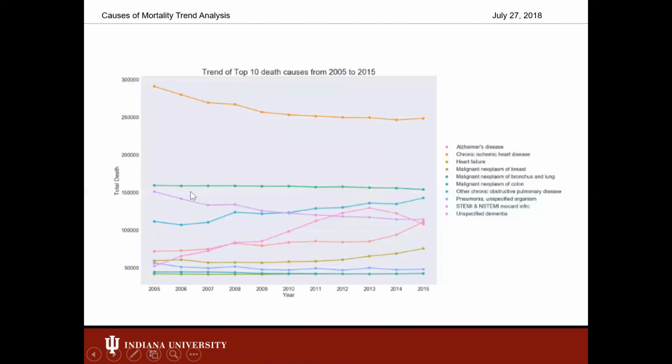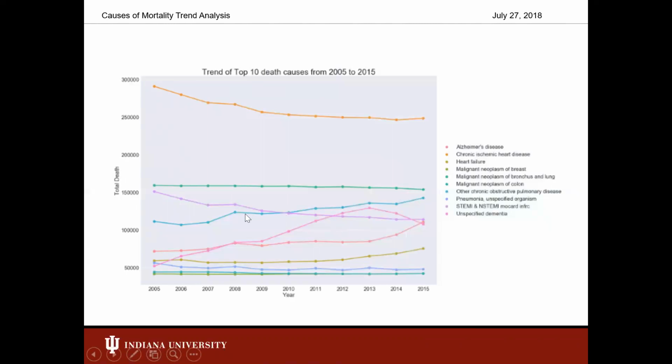On the other hand, Alzheimer's, which is mostly seen in older people, has shown an increase in the trend. And since this type of dementia arises mostly because of genes, its preventative measure is a challenging question. And of course, chronic pulmonary disease is also related to the lung and bronchus category. It's on the rise, nearly converging with lung cancer by 2015, this blue line here.